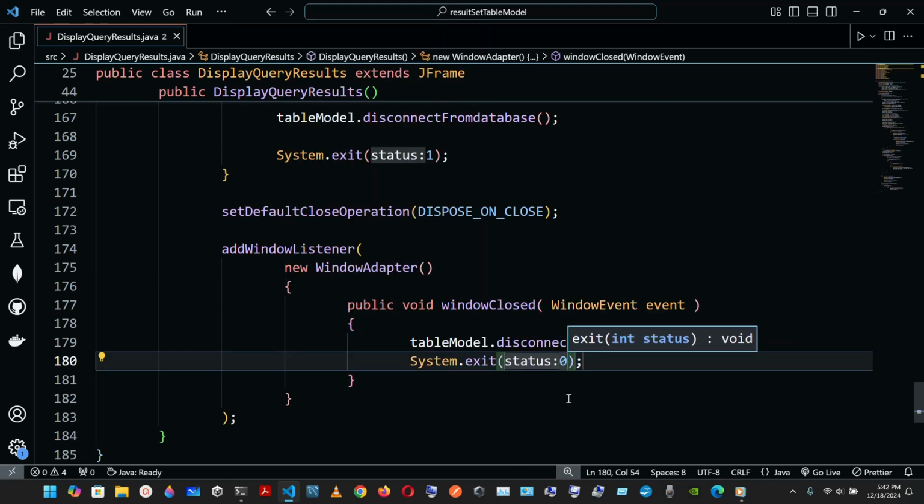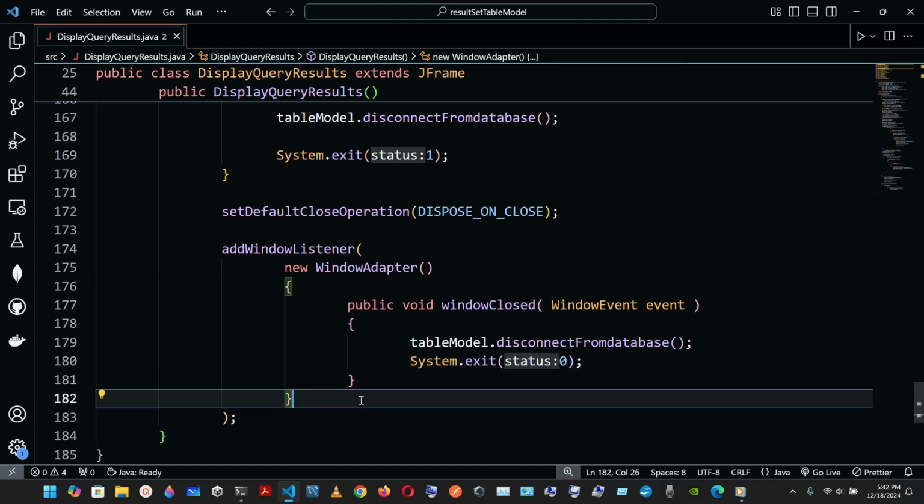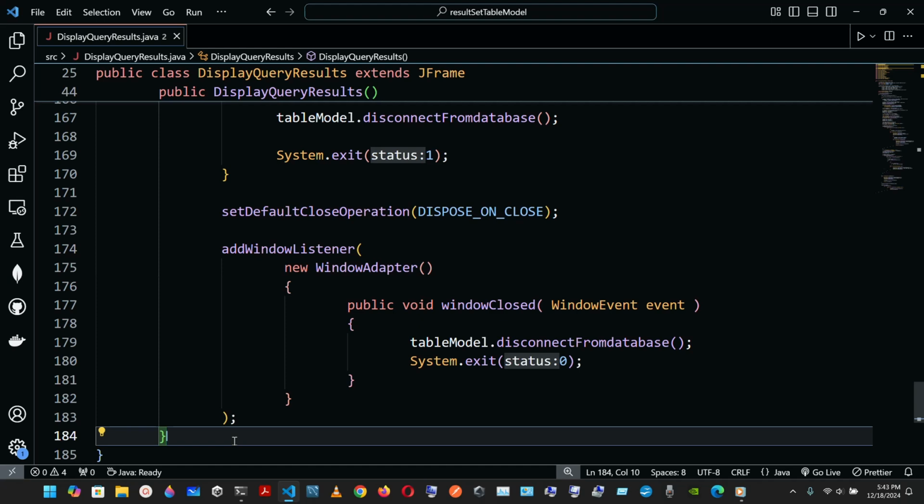So this will be the end of the method windowClosing, and this will be the end of the WindowAdapter inner class. This one is the end of the call to addWindowListener,